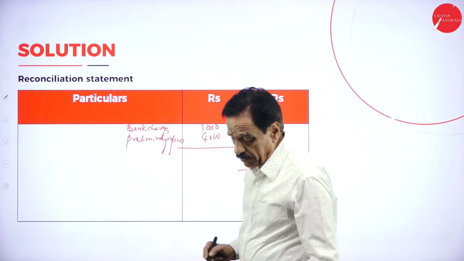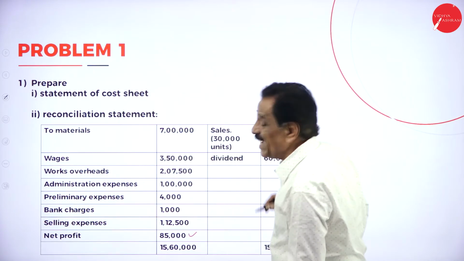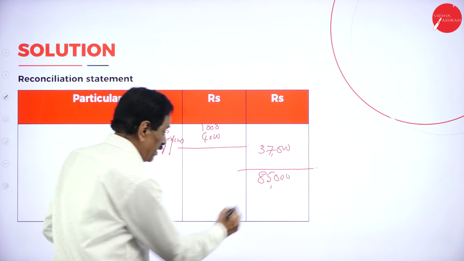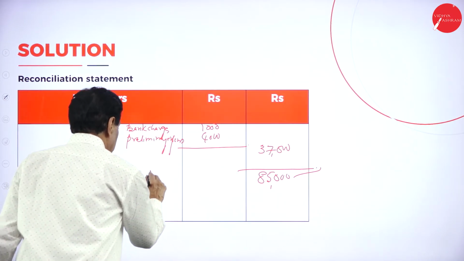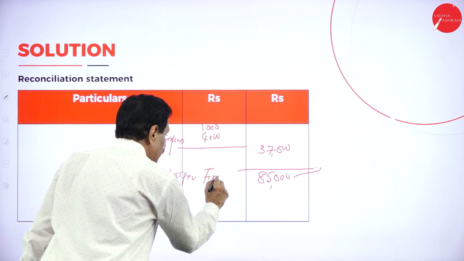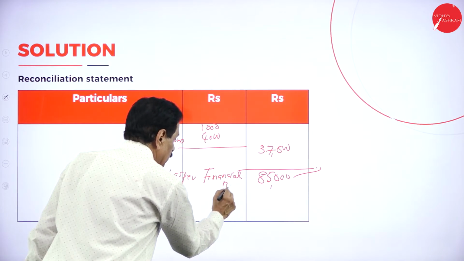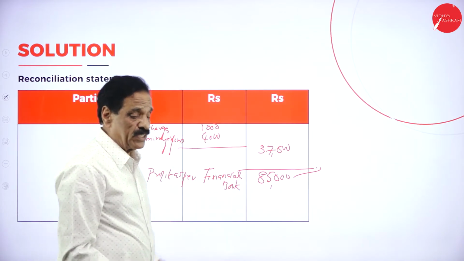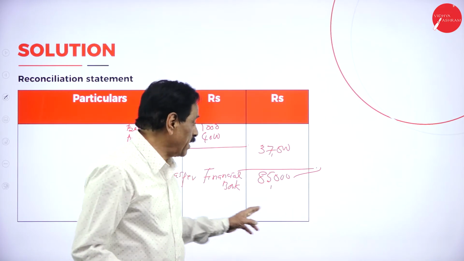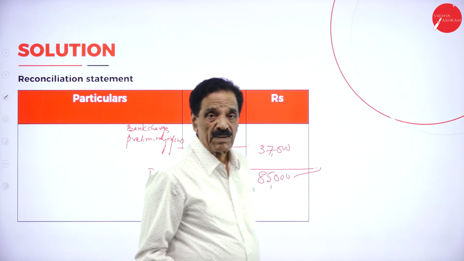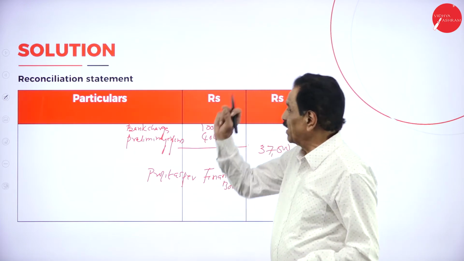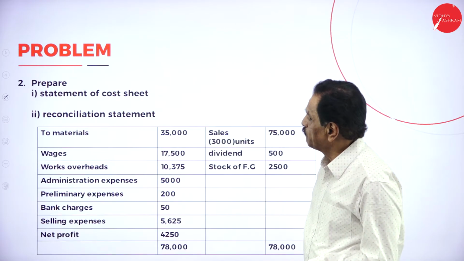See that how much profit as per the financial? How much is there? 85,000 is there. So we arrived 85,000 here. Net profit as per financial book. We arrive the figure as per financial book. We started with a net loss, arrive the figure of net profit of 85,000. So we got it. Hope first roughly you have to work out. So we'll move on to next problem.